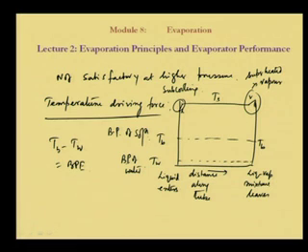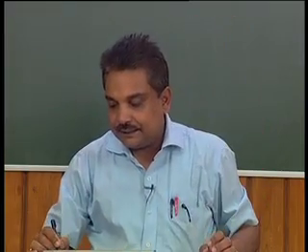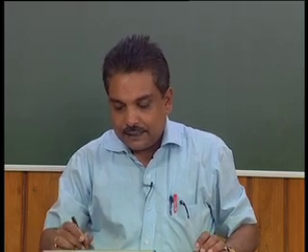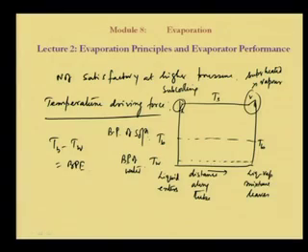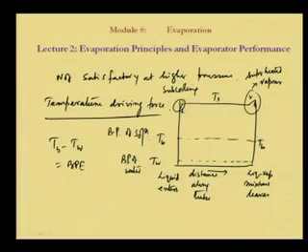So what is happening? We have a tube and the liquid is entering, and then it is boiling, and then the vapor-liquid mixture is going up and leaving the tube. This is the length of the tube, and this is the boiling point of water, and this is the boiling point under the pressure condition inside the tube. Boiling point means that it boils when it meets the saturation temperature. And this Tb is the boiling point of the solution at that particular pressure in the tube. But what happens is